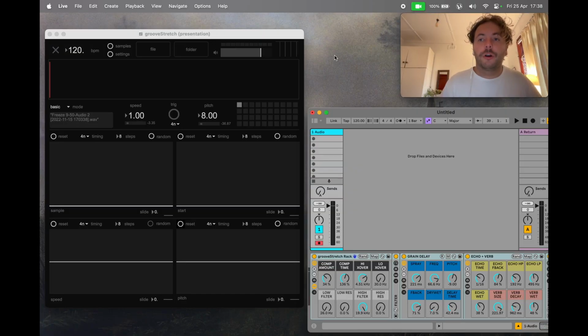Going to do a walkthrough of grooveStretch, which is my new patch that I made in Max MSP. Essentially it's a sampler, a weird sampler kind of thing. For those who know Max, it's like a riff on the groove~ object. And essentially I made this a few years ago and